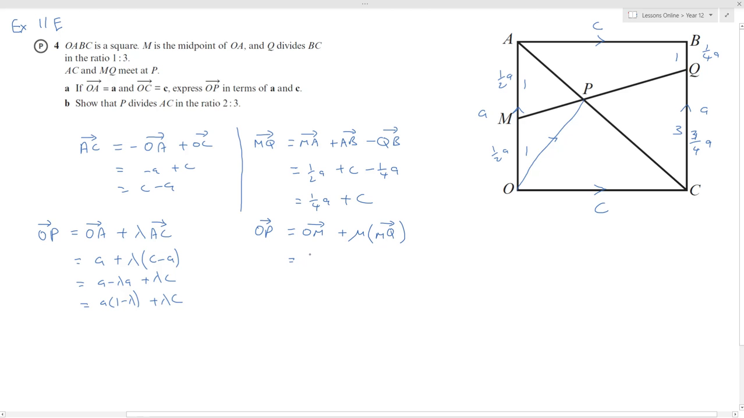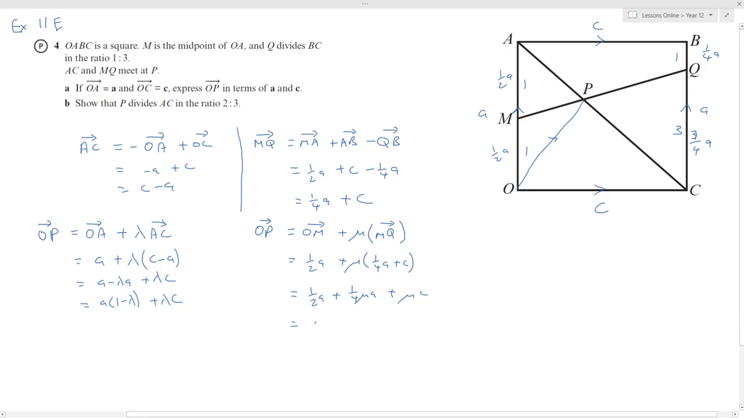OM is half of A plus mu, and MQ. MQ is from above, 1 over 4A plus C. So let's collect like terms. 1 over 2A plus a quarter mu A plus mu C, which is equal to, if we factorize,